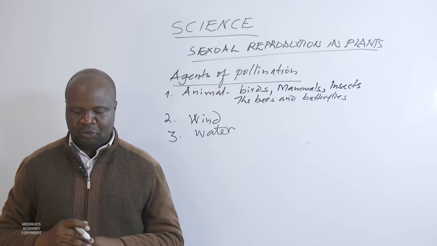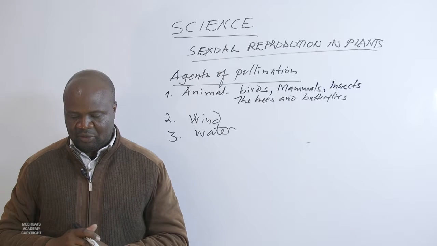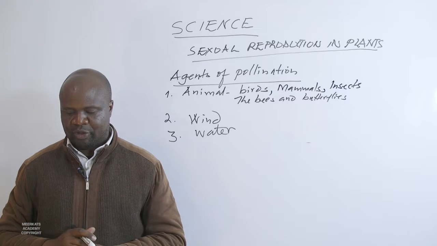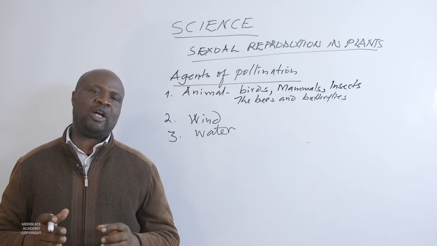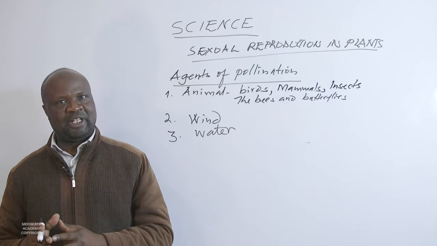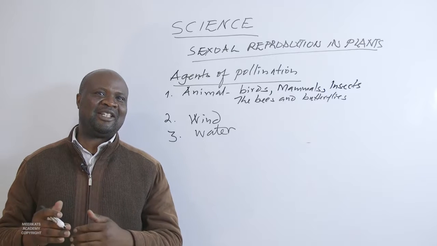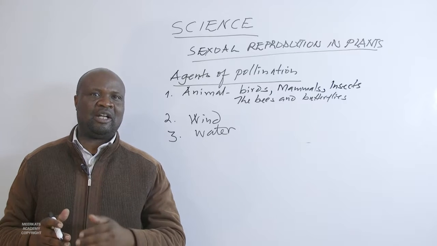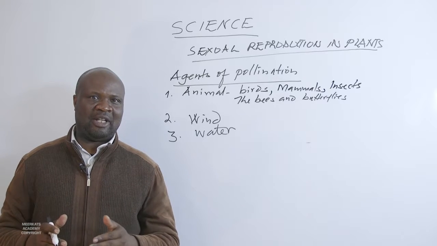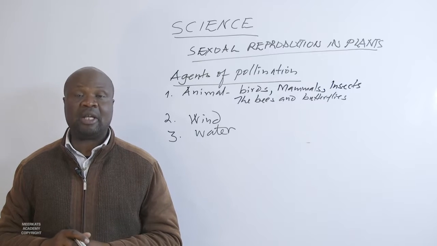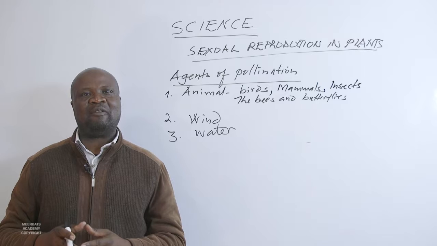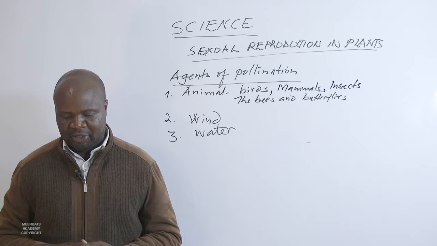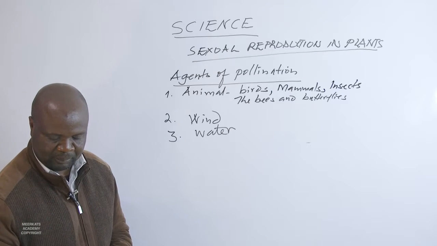We can try to see the characteristics of the insect pollinated flowers and compare them with wind pollinated flowers. We want to know the characteristics of wind pollinated flowers, flowers whose agent of pollination is wind. How are they adapted so that they can be transferred from one end to another by use of wind? Then we shall see how insect pollinated flowers have adapted themselves so that the insects can carry out the action of pollination. Therefore, we can have